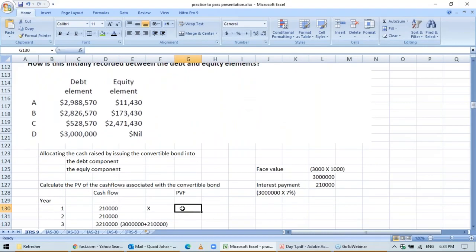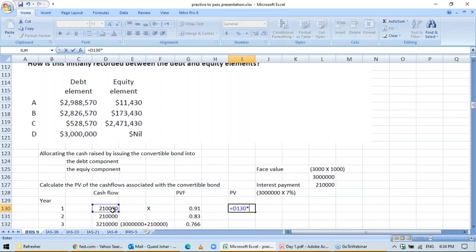So the present value fractions are 0.91, 0.83, and 0.766. These are the present value fractions, and in order to arrive at the present value, we'll multiply